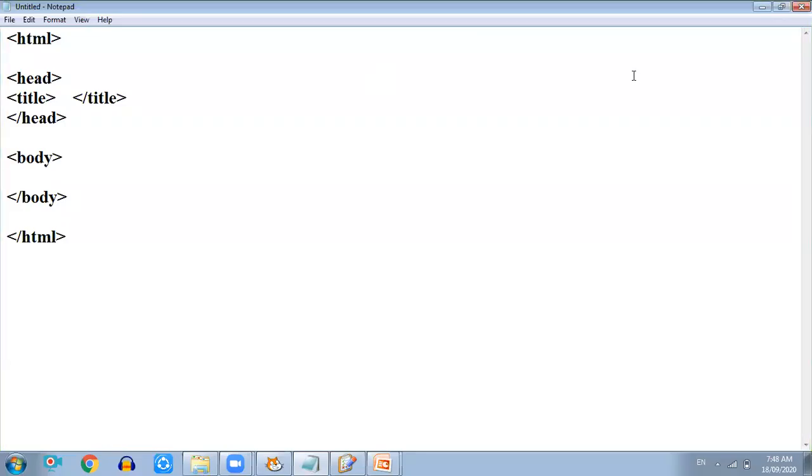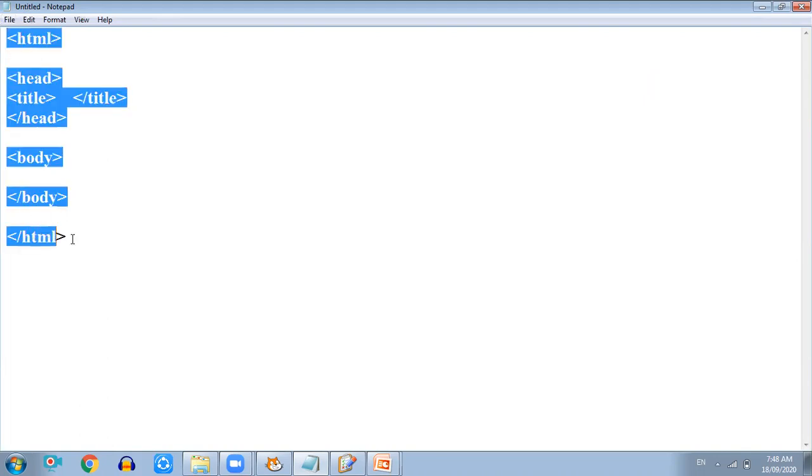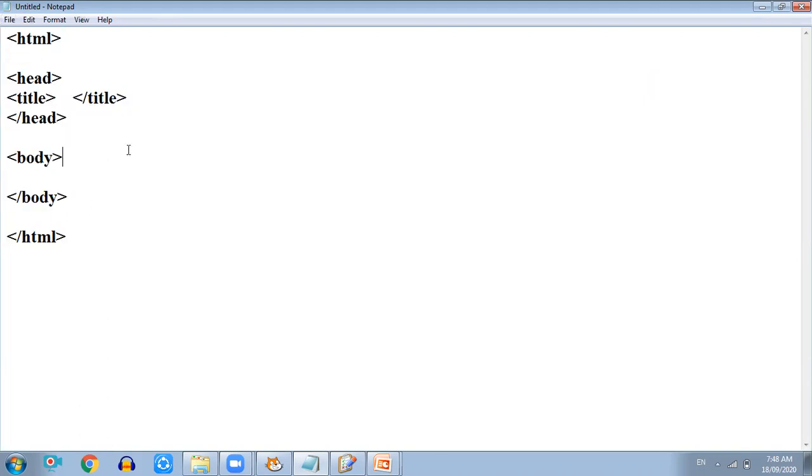Okay, we are here to begin our practical. Here I have already made a basic structure of an HTML program, which you are very clear about. Here HTML starts, here is the head part, here is a title, and here is the body. So let's give a title. This is related to the list, so I'm going to give it list pro. You can give any name, no problem.